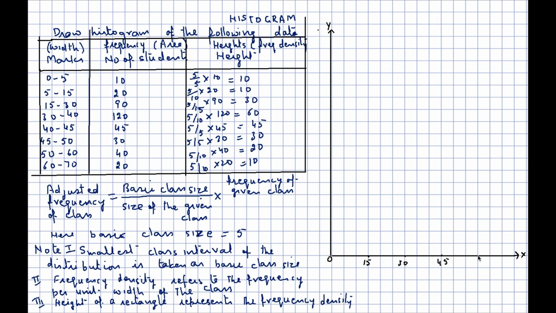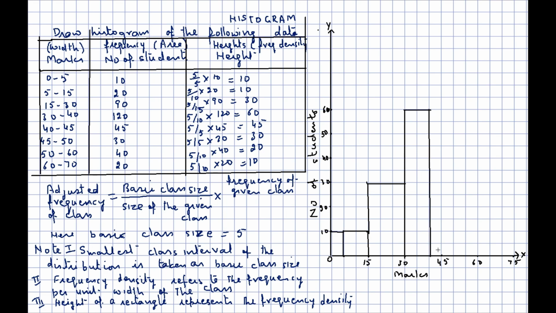Now let's start drawing the graph. Values of the variable would be shown on the x-axis. On the y-axis, values derived from the frequency. If need be, we can break the x-axis, but as a convention, we will never break the y-axis. Now drawing the histogram, that is different rectangles, giving it a scale and the right title.